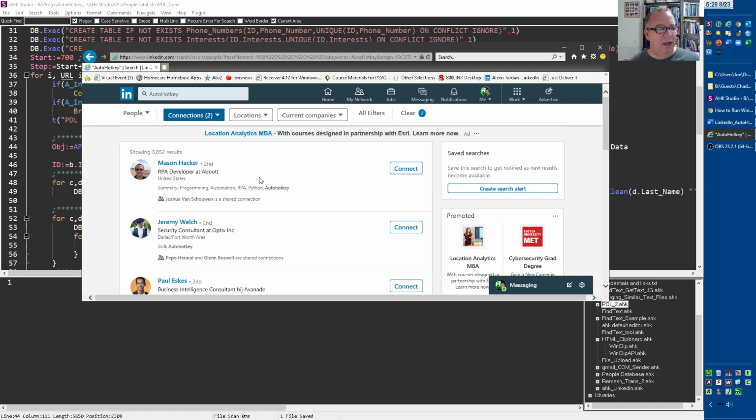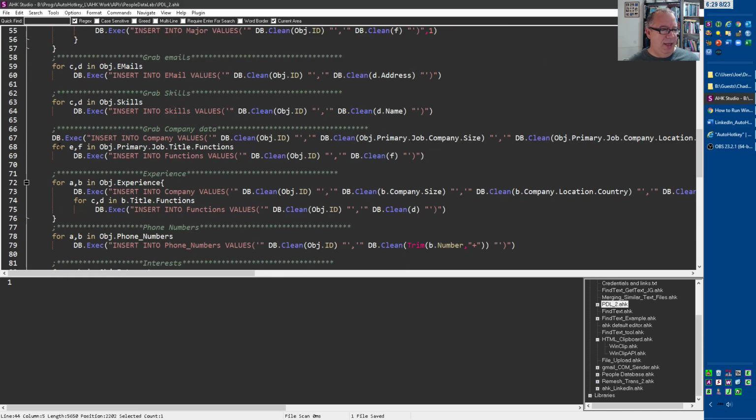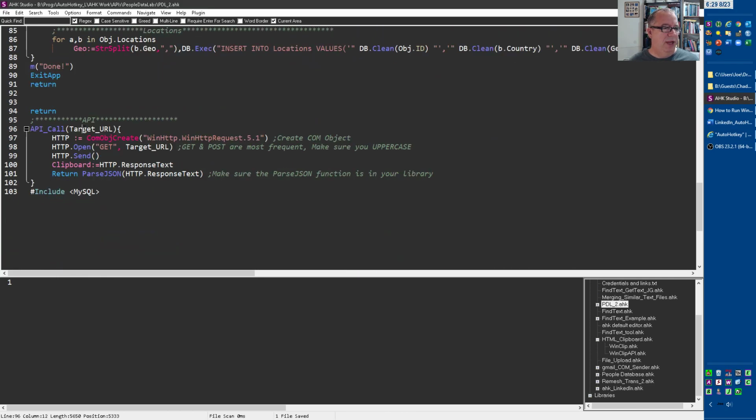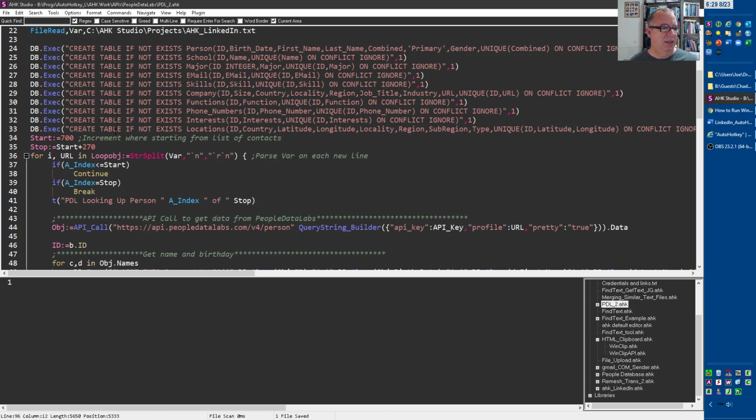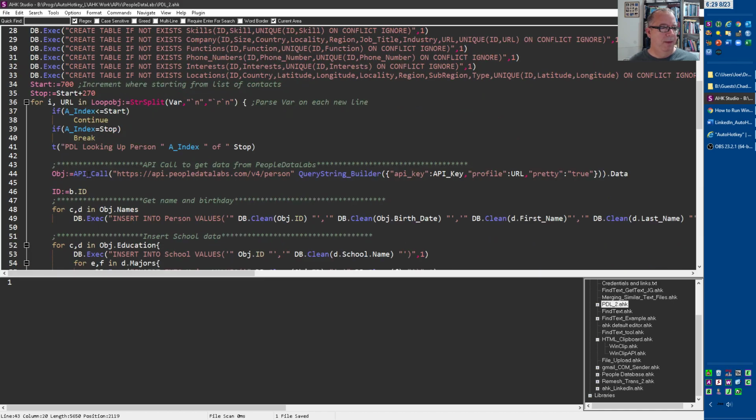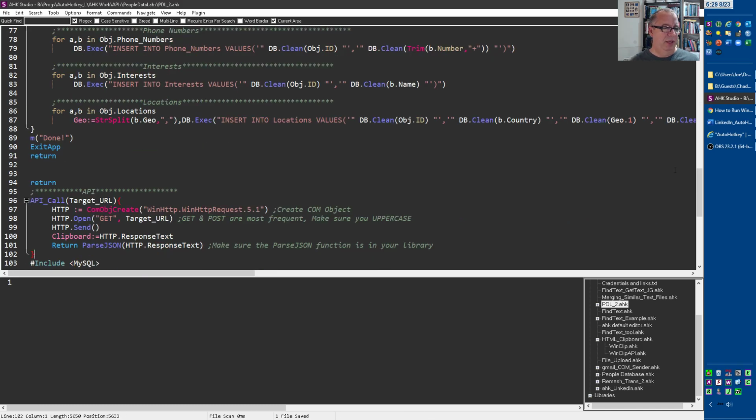But meanwhile, I went back and I got my first level connections, which I had over 1,000. But this API that I hit, the People Data Labs, it gives you a free 1,000 per month to do data calls and extract them. After that, I think it's 10 cents a piece, which adds up quickly. But what I did was I came down here. Well, the call right here is this in conjunction with, and I'll bring it down there just so you can see it. So this is the function calling. I'm going to bring it down here just so we can put them together.